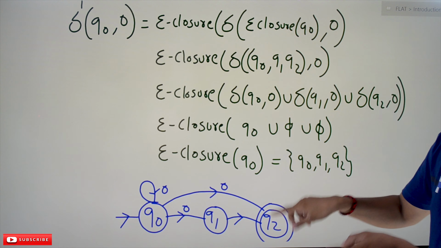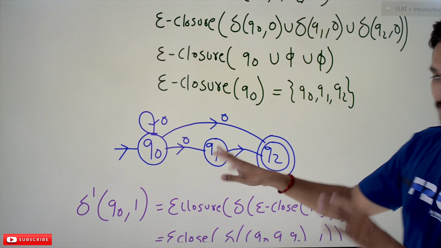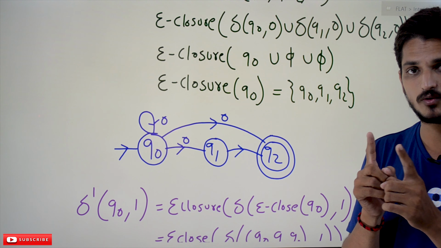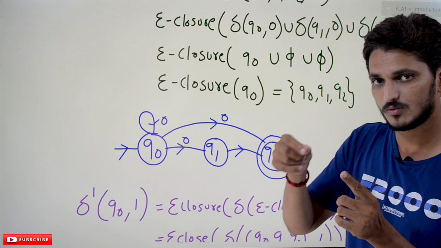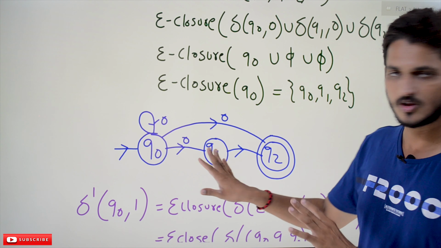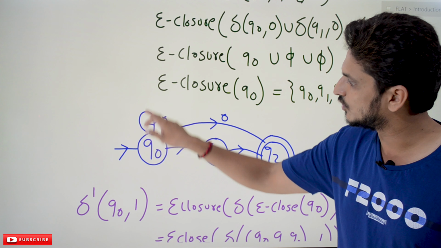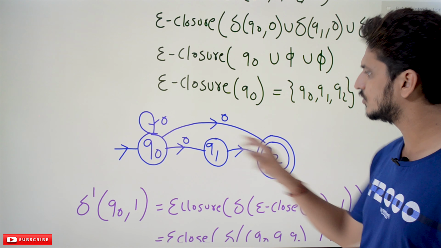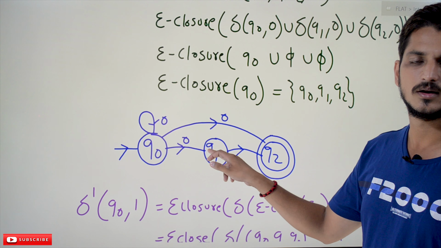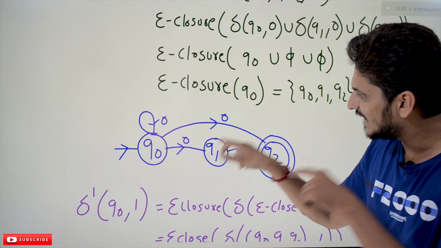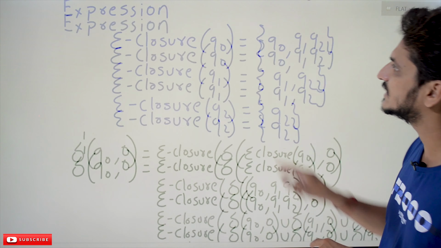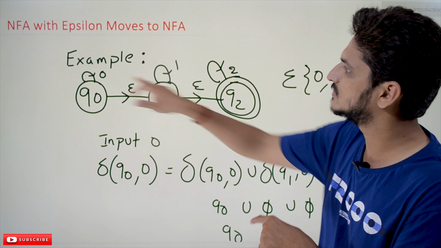This can be converted into NFA using the sample diagram. For one state and one input symbol that we have identified, we are drawing the diagram on Q naught. If you apply 0, we can move to Q naught, we can move to Q2, we can move to Q1. The same thing happens in the NFA with epsilon also.